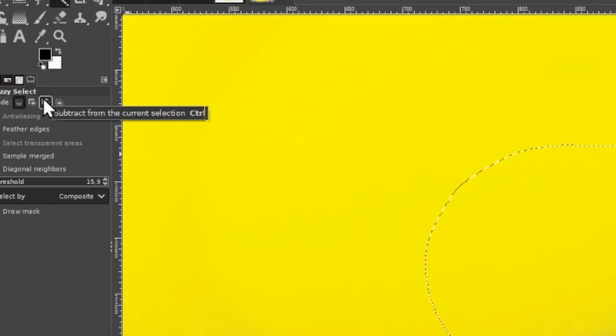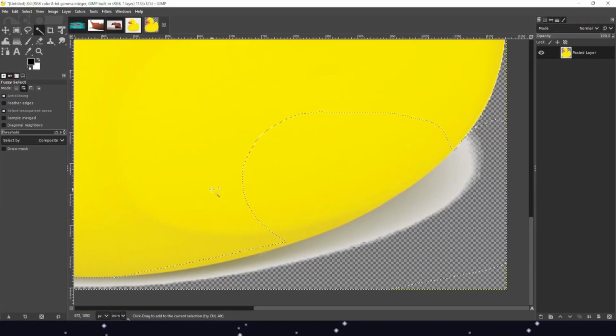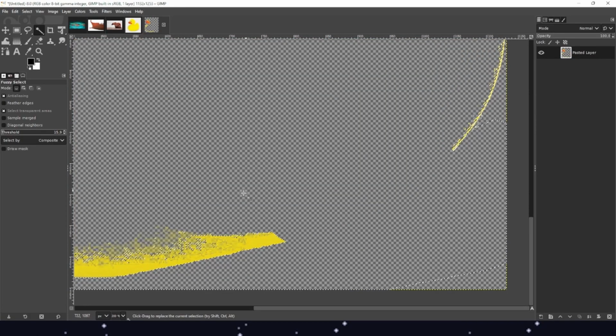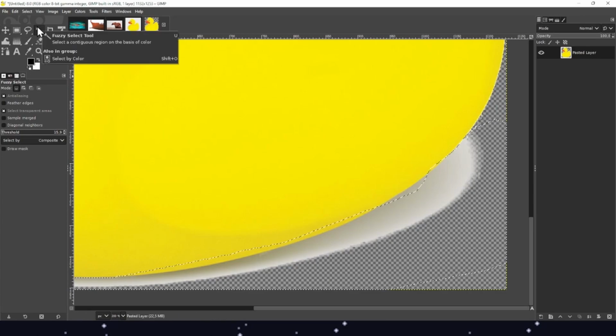Add to the current selection, subtract from the current selection, and so on. I will add to the current selection, hold the Shift key down and click on the yellow, and as you can see, there's now so much more selected, which when we delete it is now gone, and the rest is only here. I will undo this again, and I do both selections now,